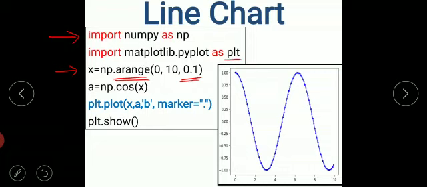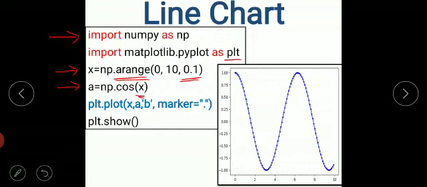Then we have a is equal to np.cos(x). Cos is a trigonometrical function which is available in NumPy module. Right, here we have passed x, means suppose x is having the sequences like 0, 0.1, 0.2, like this, right? So for each value of x, this a will be having the cos value, right?